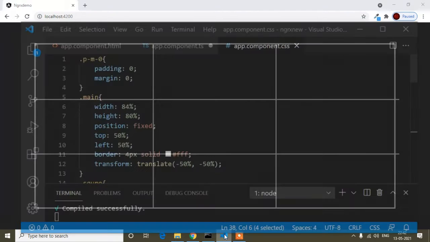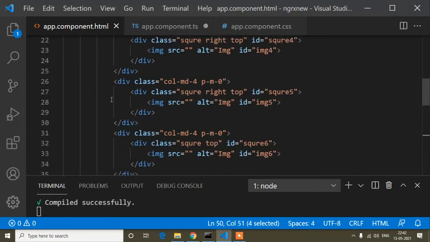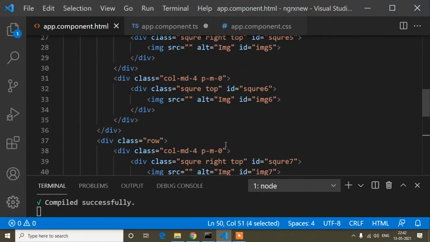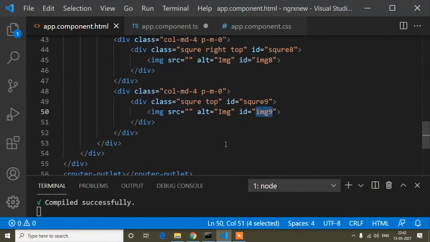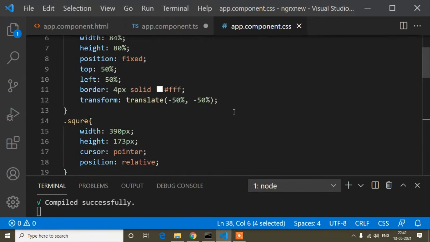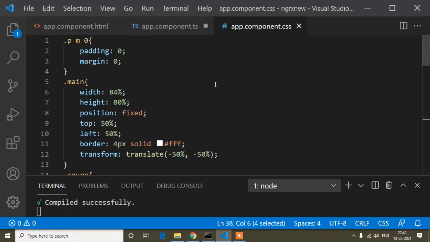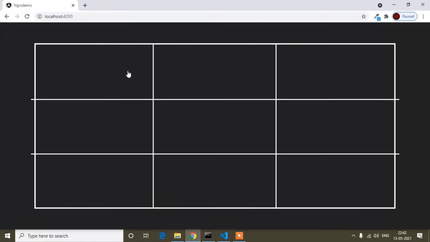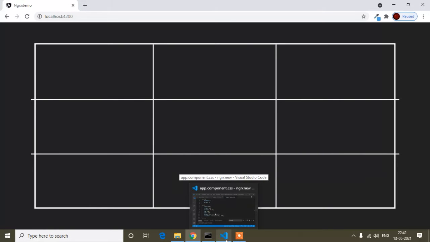I will open the Visual Studio Code editor, and here is the HTML file. The code I have already written in the previous two videos, and here is the CSS file. This code I had written and shown in the previous two tutorials. Here I will just show you how you can write the functionality. When I click any box, the cross or zero will be shown here depending on the functionality. When I show the functionality, it will be clear to you.